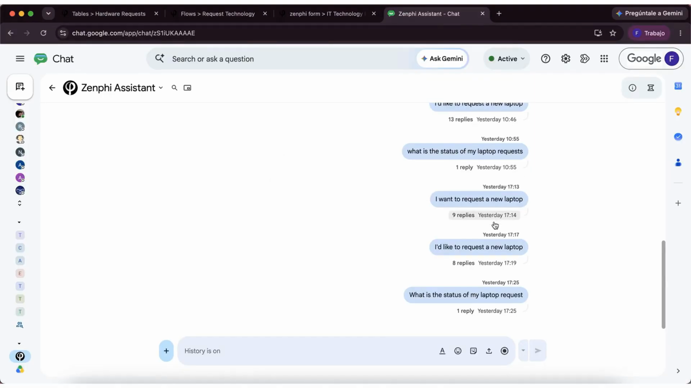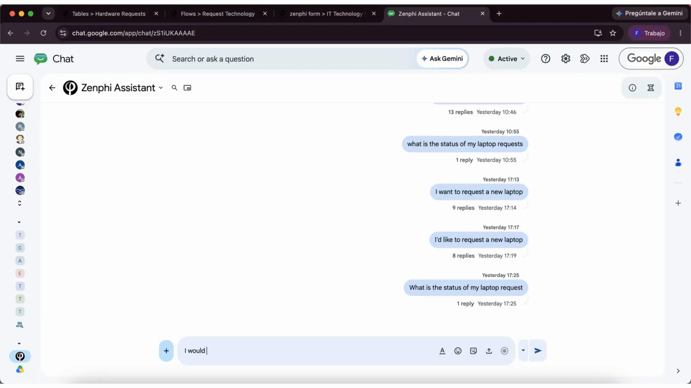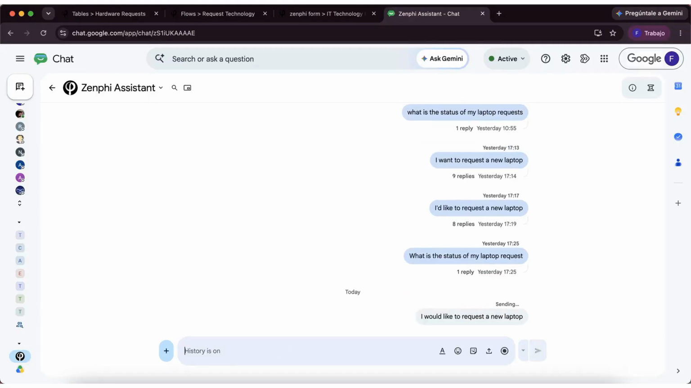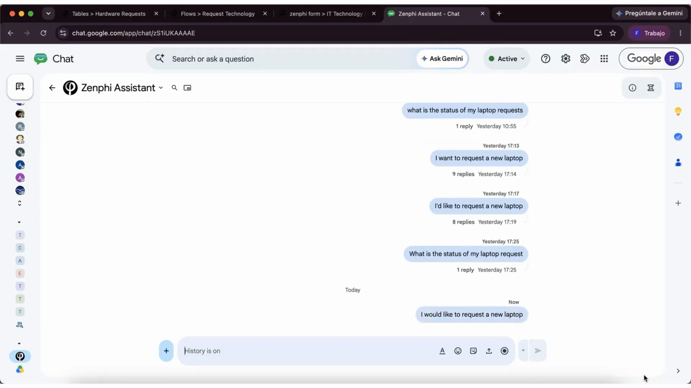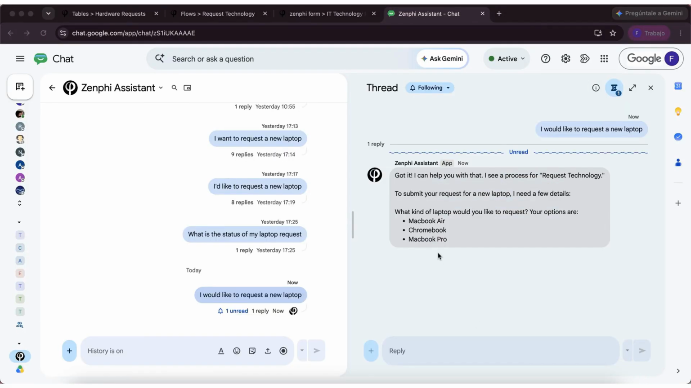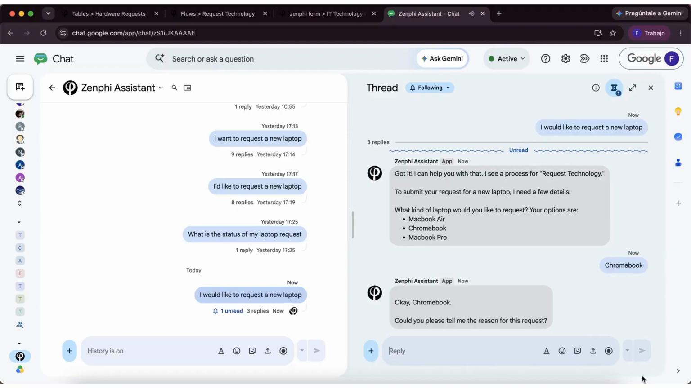What's great about this new feature is it enables your entire team to be able to use your Zenphi automations, and not just the designers themselves. Users can simply say something like, "I'd like to request a new laptop." AI will automatically know which agent corresponds to the message being sent and ask the pertaining questions to send the request for you. You can also ask about your requests, see if they've been reviewed or still pending, making task